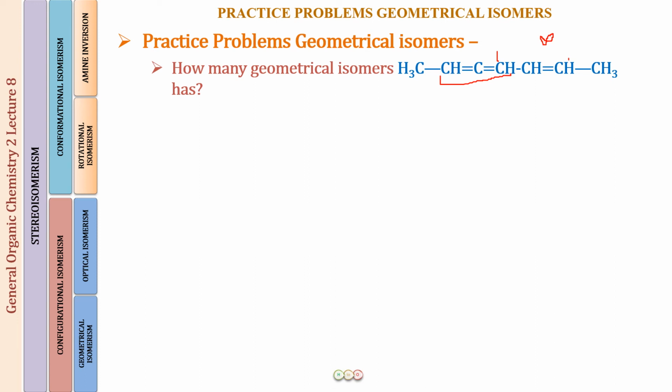Right now, if we see over here, what you can see is that we have consecutive double bonds. Now what do we call a consecutive double bond? Well, we call it an allene. I hope you all remember that we discussed the allenes in the last lecture. And in an allene, what did we learn? What we learned was that the